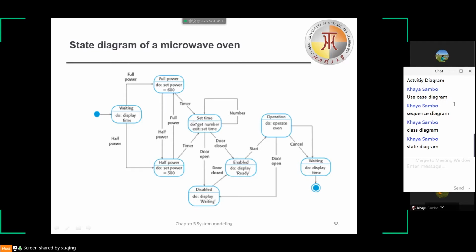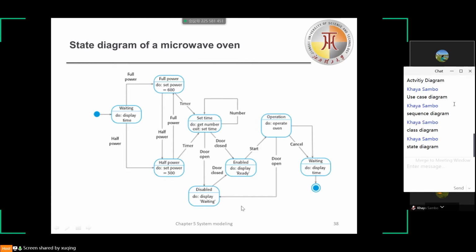This is an example of control software for a very simple microwave oven to illustrate event-driven modeling. As we know, real microwave ovens are much more complex than this system, but the simplified system